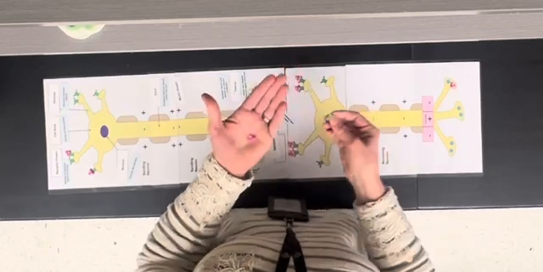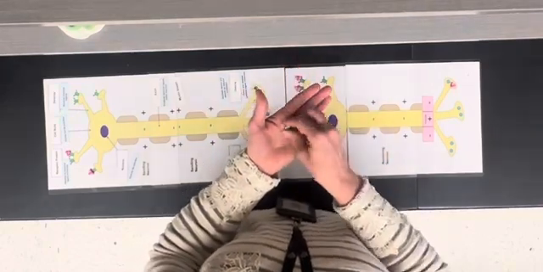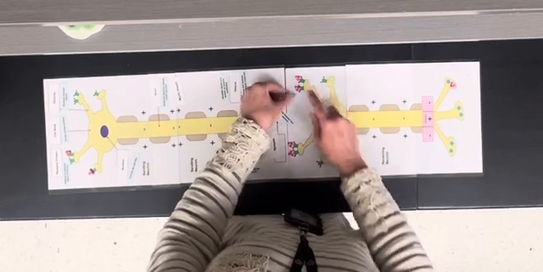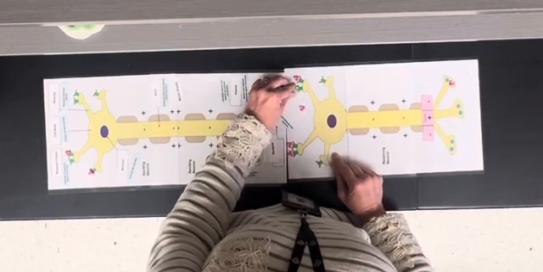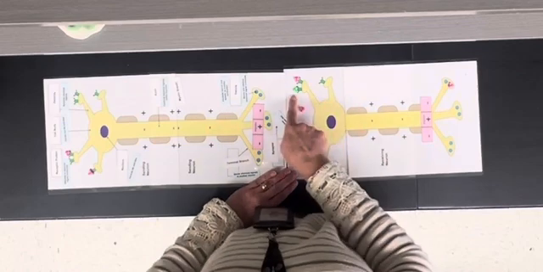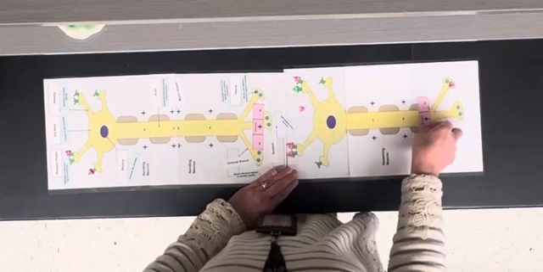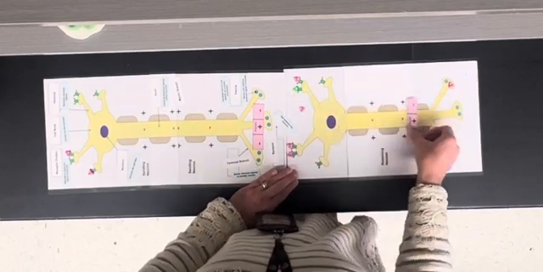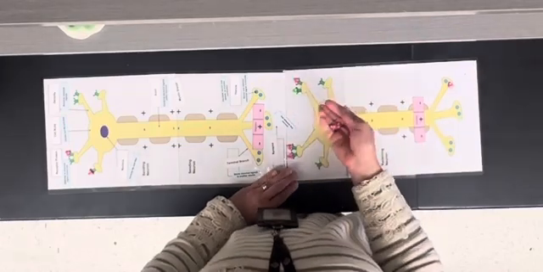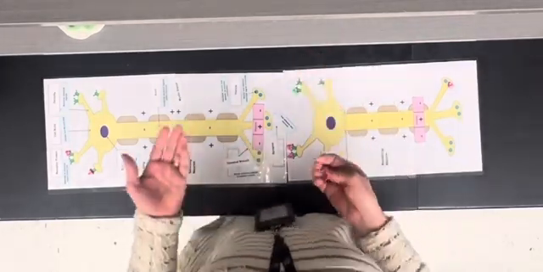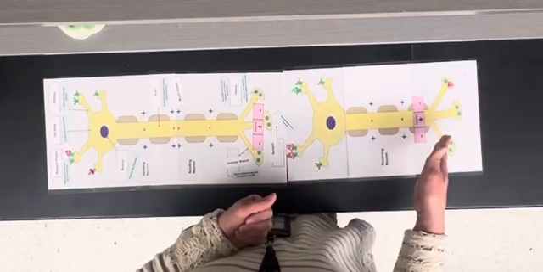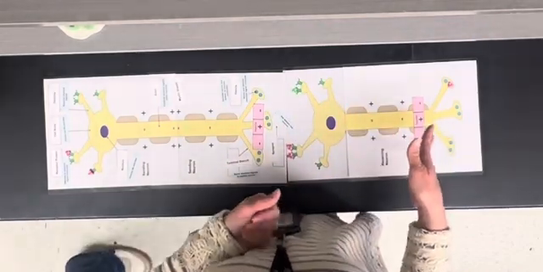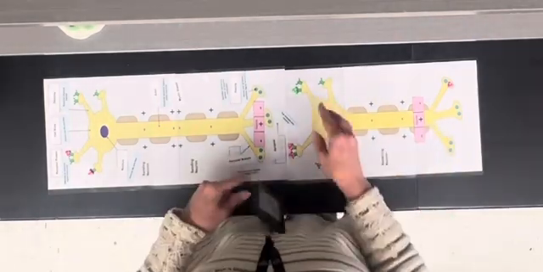So if you were to take a pharmaceutical or other drug and it has the same shape, it is possible now that this neurotransmitter would also be able to send a signal. Okay? And it may be that the brain is not telling our body to do that, but because this pharmaceutical is present, it's going to allow that process to continue. So keep that in mind when you are answering the